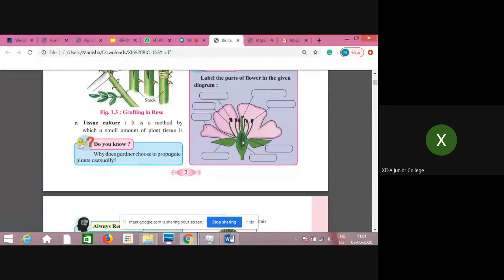Now what we have discussed last time is the male reproductive part and female reproductive part. Male reproductive part is what? This is what is called androecium, a singular one is called stamen. And what are the parts of stamen? This filament, and this is anther. Anther contains the pollen grains, and we have learned last time the development of male gametophyte.